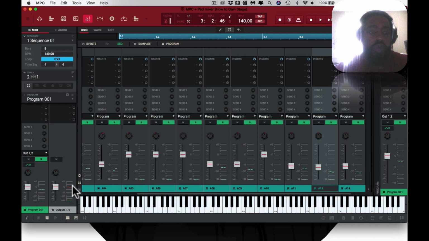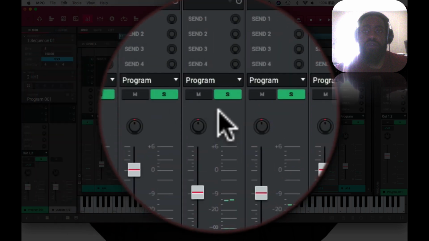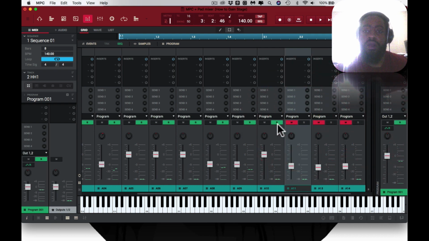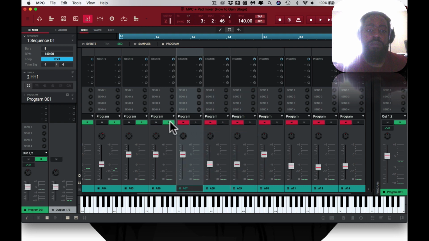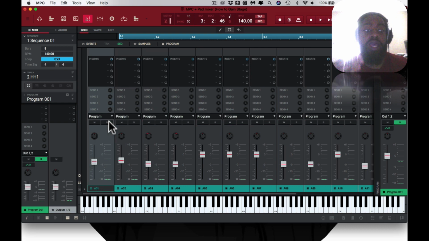So as you can see, as I added more additional sounds, it started to clip in the red digitally with the outputs 1 and 2. So now that I've gain staged the drums, right, I still might get a little bit of clipping, but because I have the drums controlled or volume sitting at a comfortable area,